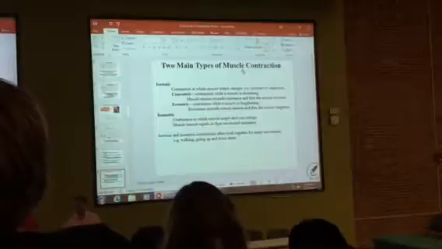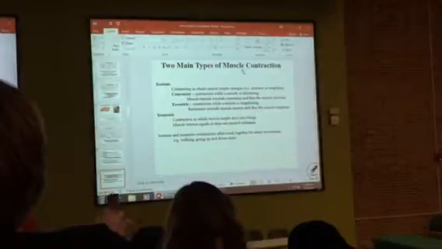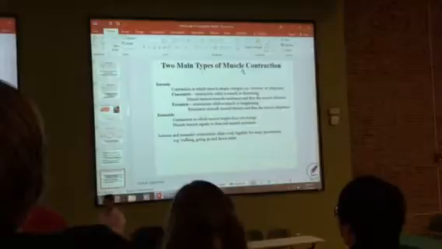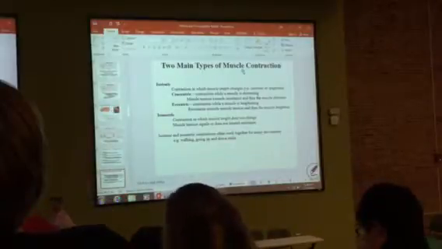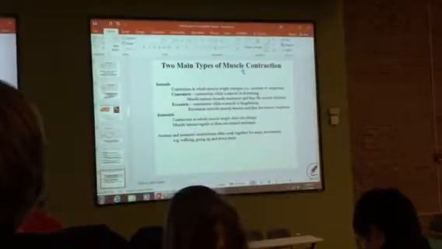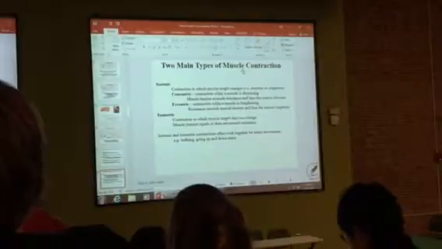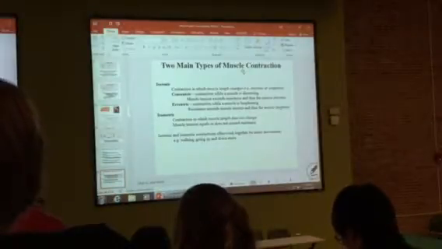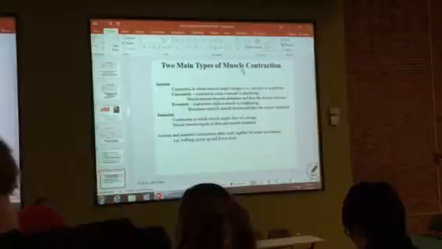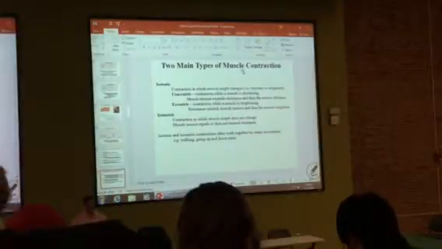Now we move on to the types of muscle contraction. Okay? So again, it's a potpourri of stuff. It seems like it's not related at all. We're talking about muscle twitches in a single muscle, then a whole muscle, motor units, now isometric and isotonic contraction. What the hell do they have to do with each other? Everything. Everything has to do with that first page. Okay? It always goes back to that first page.